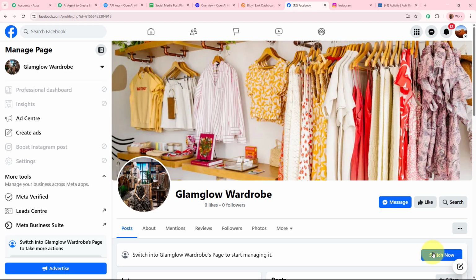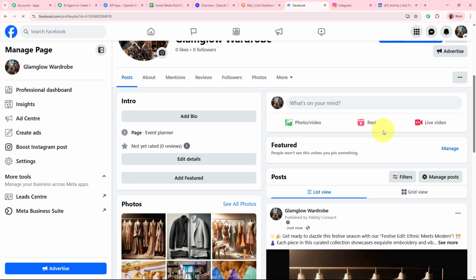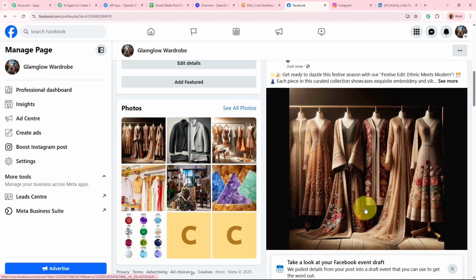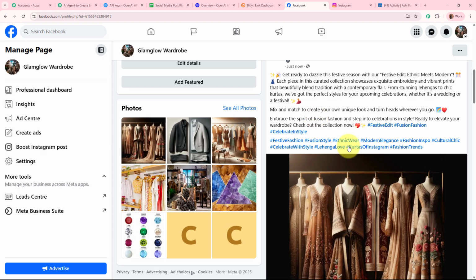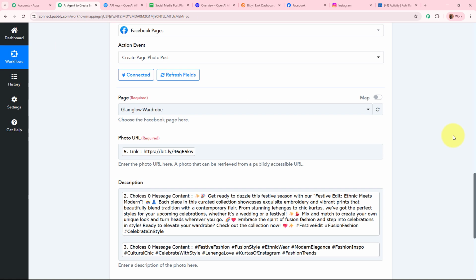If I open my Facebook page right over here and refresh this page, and scroll down, you can see right over here automatically the post has been successfully created. This is the generated caption with the hashtags, and this is the beautiful image that was generated by our AI agent. Okay, so you can see right over here, as now the post has been created, this setup is